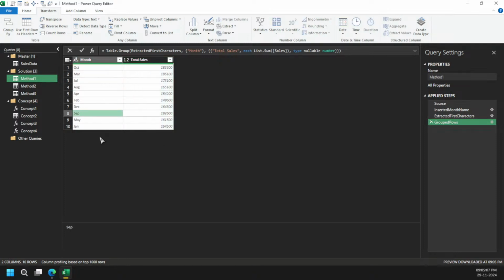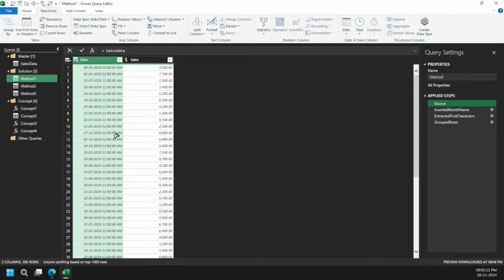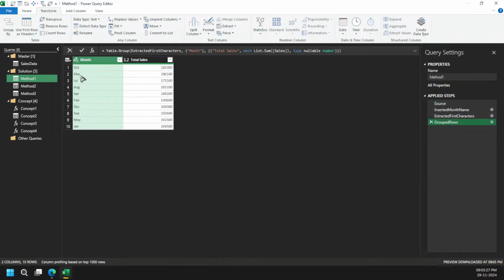The data isn't sorted. Got it? So I can come here and sort the data, but it is just 366 days. What might happen if there are longer dates? It will take a lot of time for us to sort the data. So instead of sorting so many rows, I can sort just these rows, which have only 10 or 12 rows.